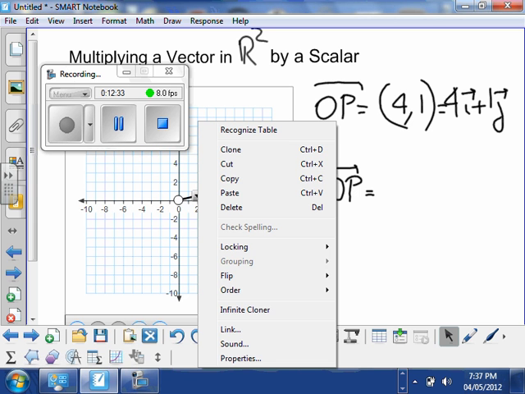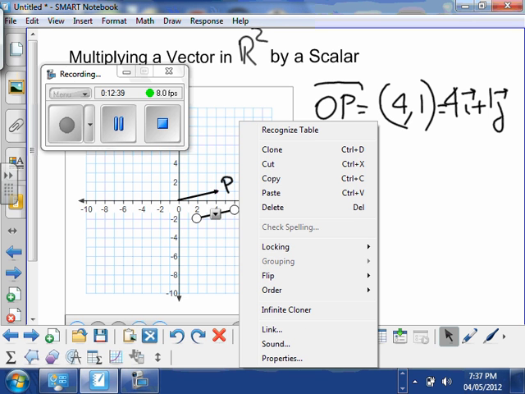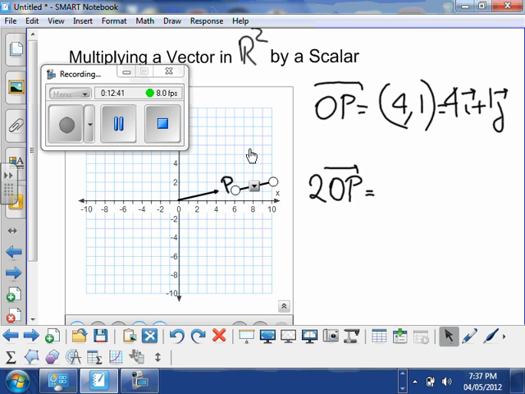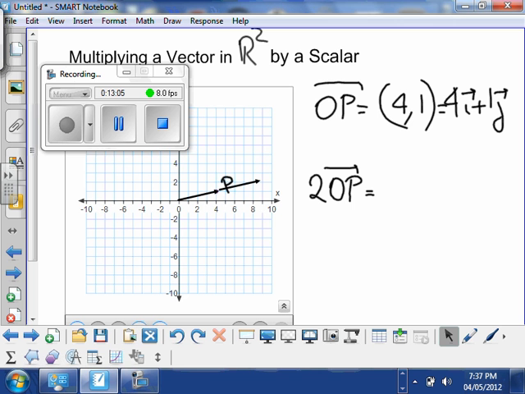Well, I need to double these. So, there you go. I need 2 vectors OP. There you go, one and the second one. Second one over here. Okay, a little bit better. Good. What do you think are the coordinates of the new vector? Well, I don't think it's a big deal to notice that